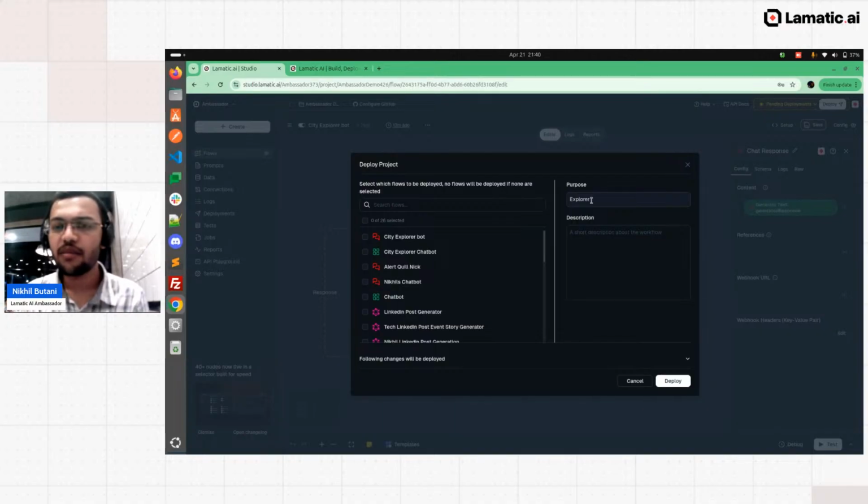So here, explorer, purpose, chatbot. And before that, here you can see which flow you want to deploy. So you can just select it, right? And you can also add the description, but it is optional. So you can just click on deploy.